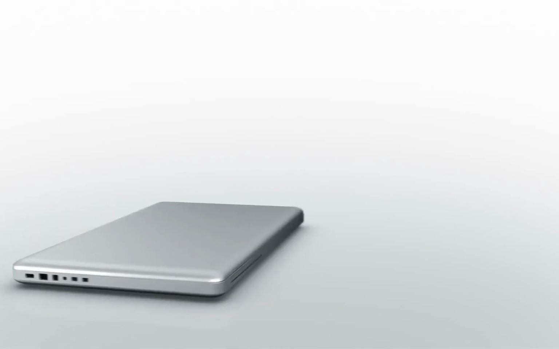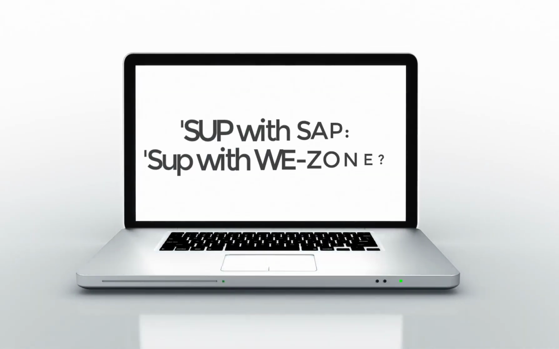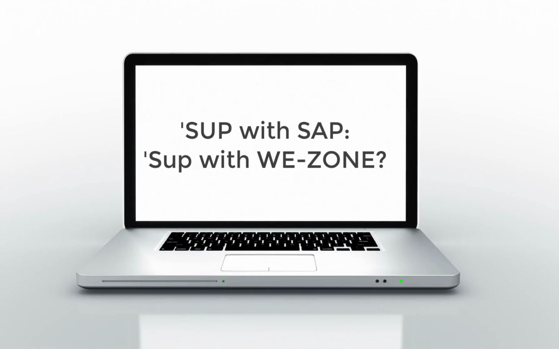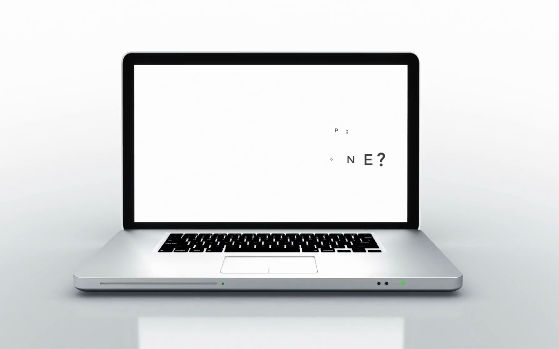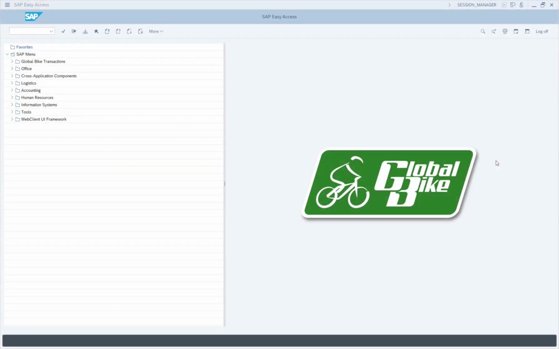Hi everyone. In this Sup with SAP, we're going to explore what is up with WE Zone. And then after some exploration, we're going to talk about how we can fix what's going on there. Let's get started. If you've done some exploring in San Diego, you may have noticed that you have some inventory